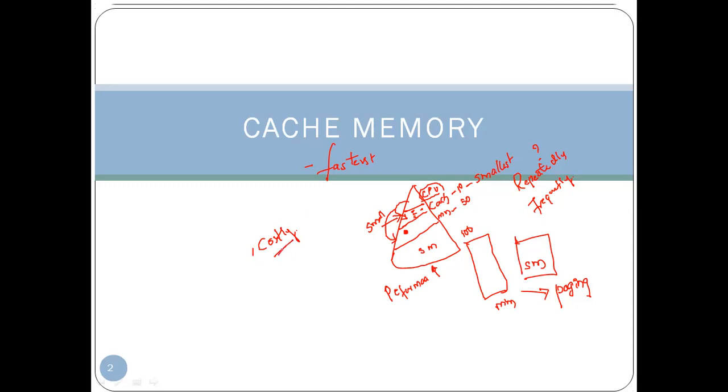This cache memory is more economical than CPU registers. What are CPU registers? Inside the CPU there are some registers available, like in 8085, as I have said, we are going to have BC, DE, HL and accumulator registers. We don't make use of all the registers. Why? Because registers are very, very costly when compared with the cache memory.